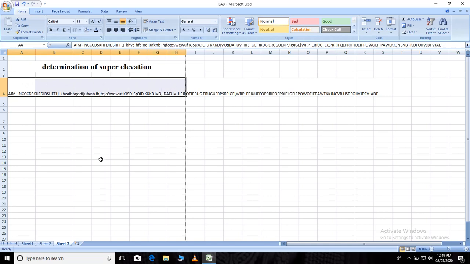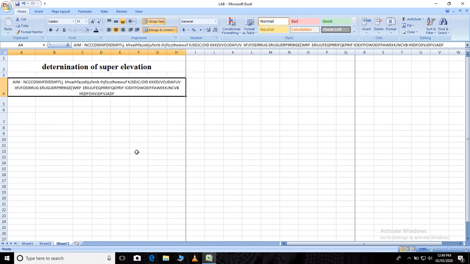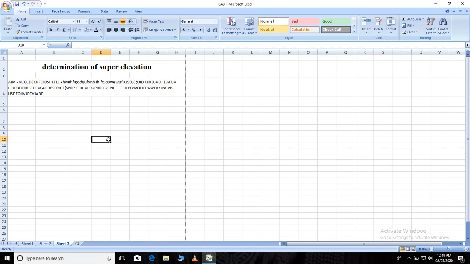So in that case, what do you have to do? You select these particular cells, and that time you say wrap text and merge and center. Both you have to say: wrap text, merge and center. See how it is changed. Later you make it like this. Understood? I'll show it once again.